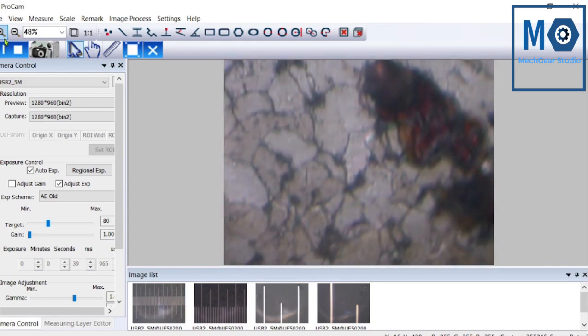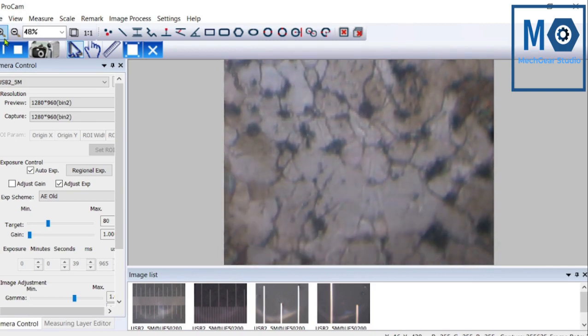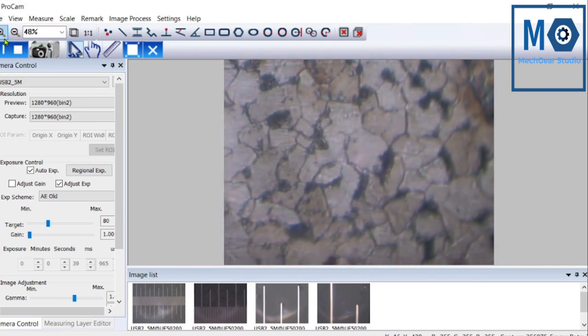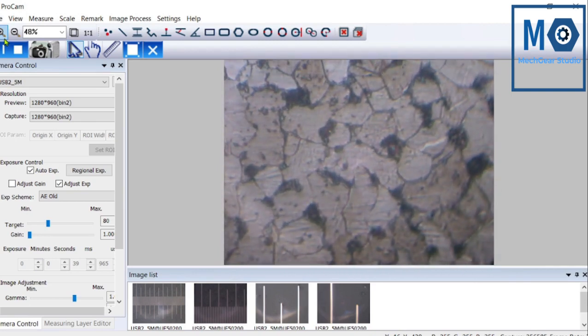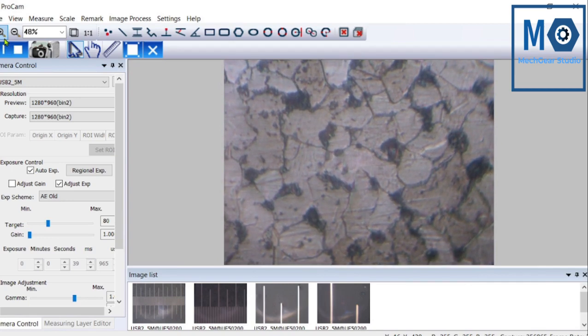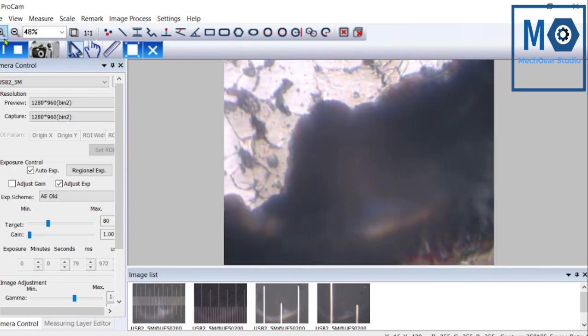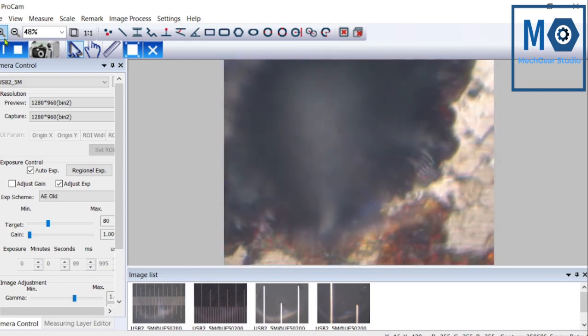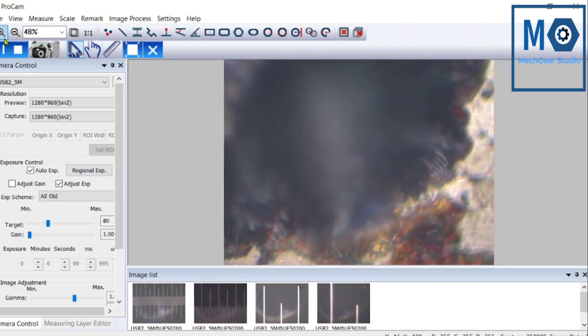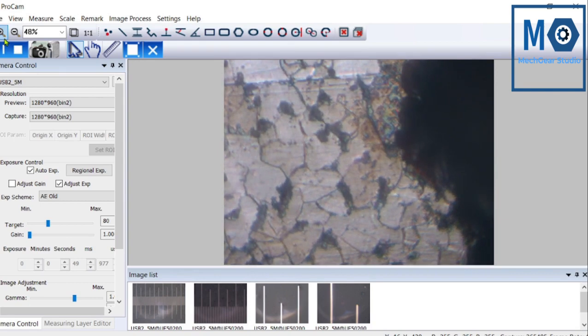I am going to pick up an edge where case hardening is applied. The external surface where case hardening applies will be changed due to heat treatment. This is core. This is edge. Here this black spot is the external surface of the specimen.